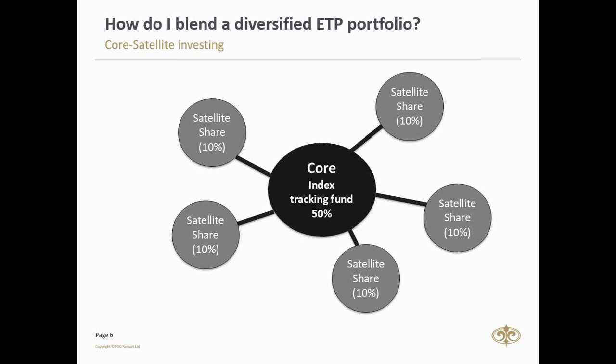The core, and I'll go into more detail in the next few slides. The core, in this scenario, would consist of passive investments that track a major stock index like the Top 40. And there are a lot of other index-tracking ETPs you can use. But additional positions, known as satellites, are added to the portfolio in the form of actively managed investments.